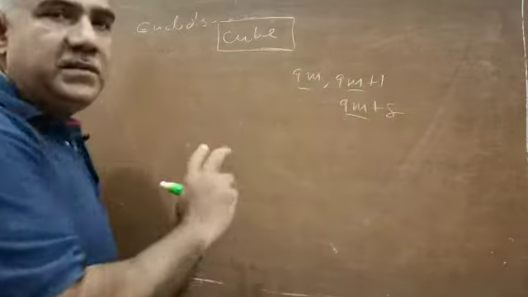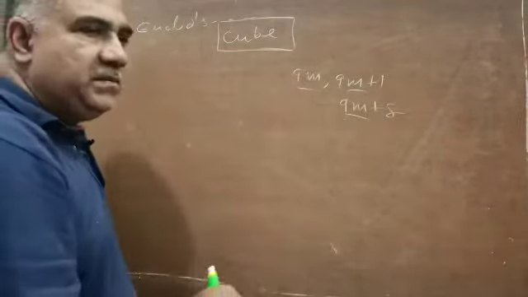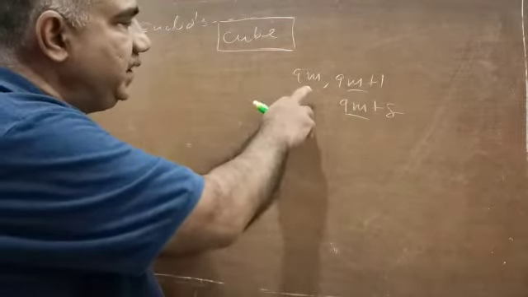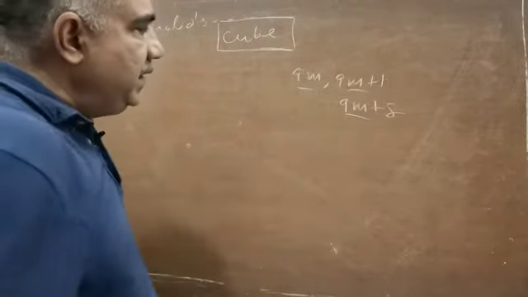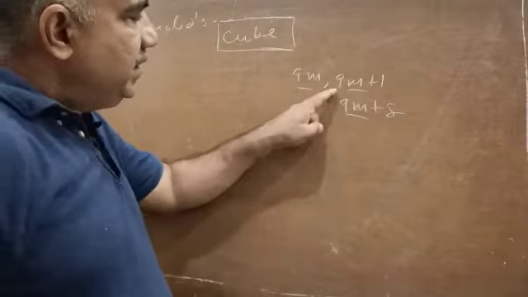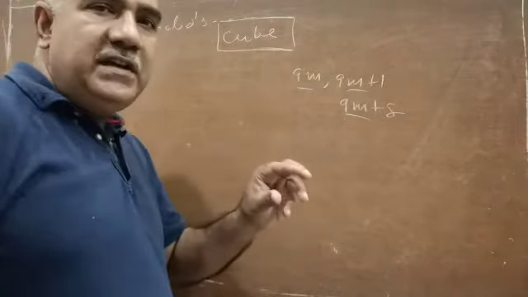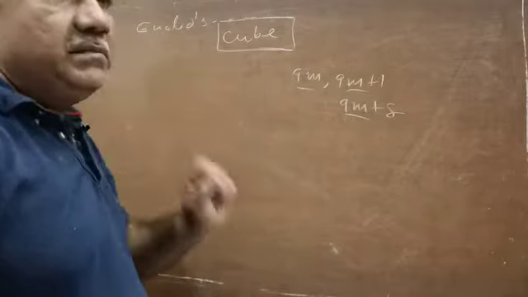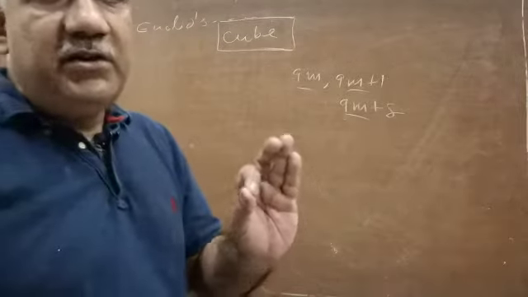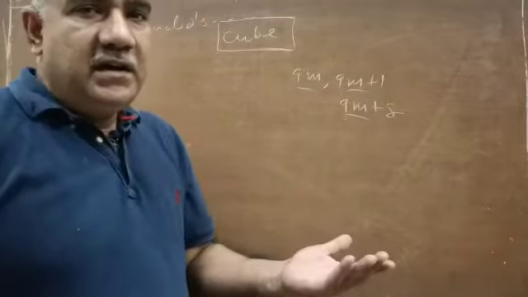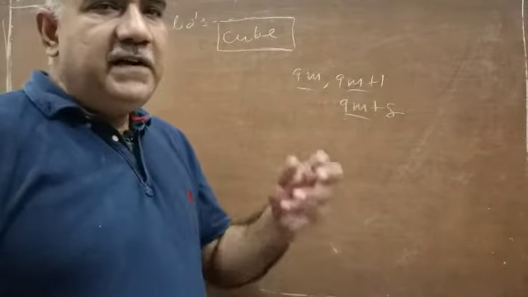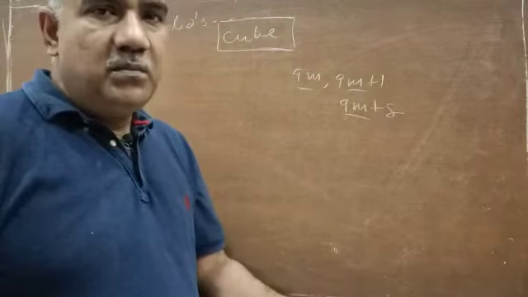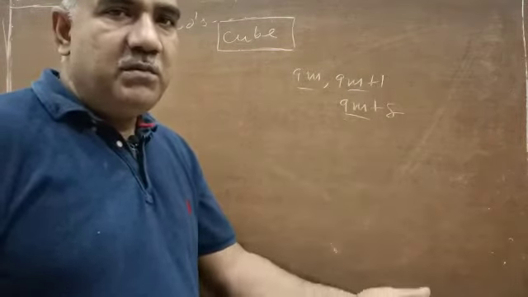This time it is not a positive number that is expressed in this form. This time it is said that cube of a positive number is of this form 9m, 9m plus 1, 9m plus 8. The moment you look here, 9m, 9m, 9m, you see 9 has to be taken out common from the given number, that is, from the cube of a number. If I take 1 and I make cube, it is 1. 9 cannot be taken out as common. If I take 2, the cube is 8. Again 9 cannot be taken out common from 8.